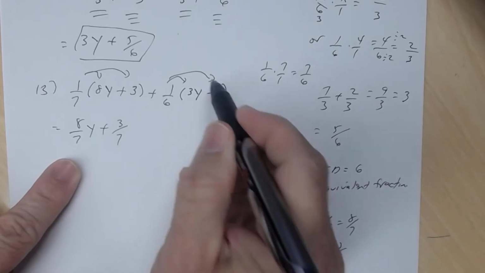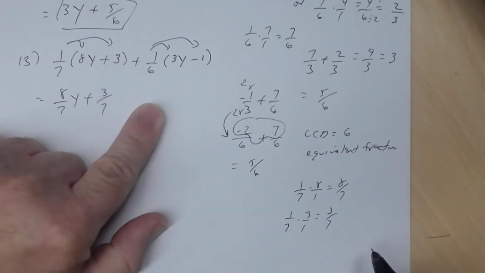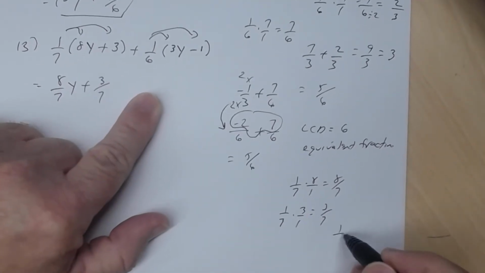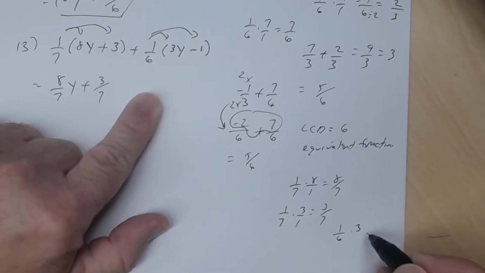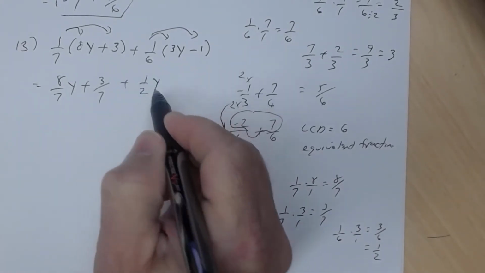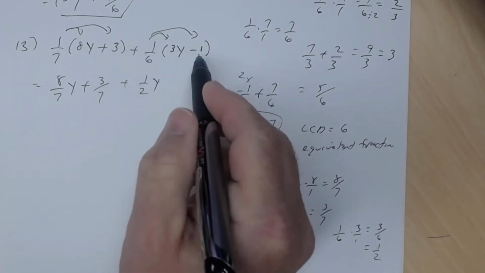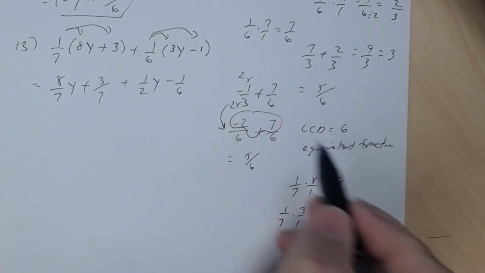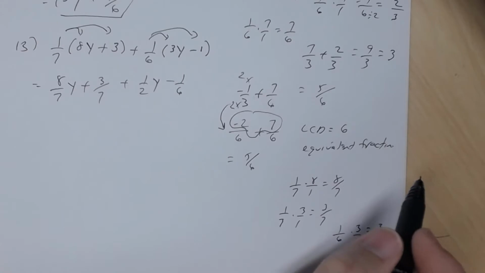Distributing the 1/6 here, I get 1/6 times 3. Well, that's 3 over 6, which reduced is 1/2. So this becomes plus 1/2 y. And then 1/6 times a -1 is a -1/6. All right. Okay, so let's